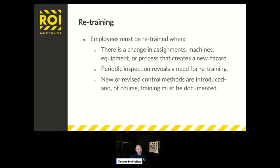A video will help supplement the training, but the training must be site specific. You need to talk about your equipment, your procedures. Videos are pretty good, but again, you can't substitute site specific training with a video. It doesn't work. It's not good enough. All right, so